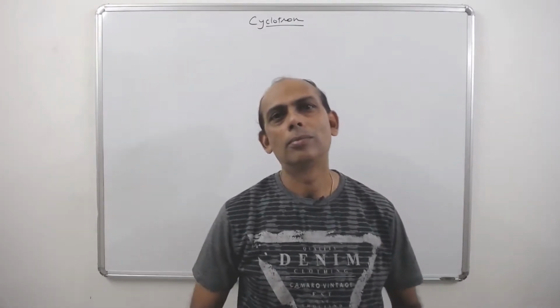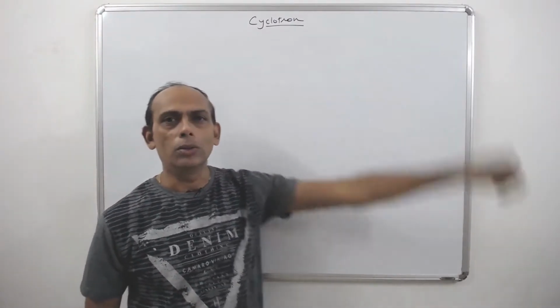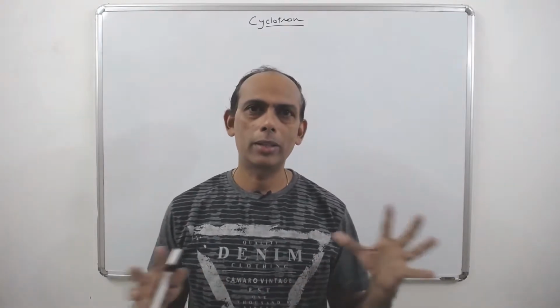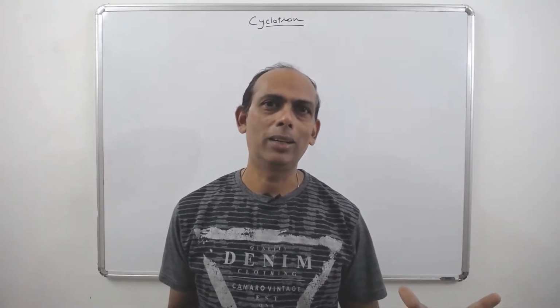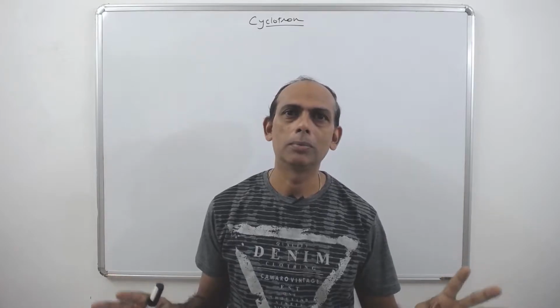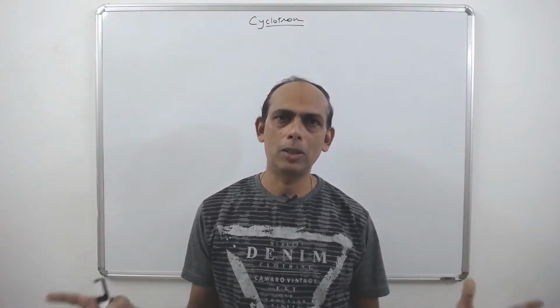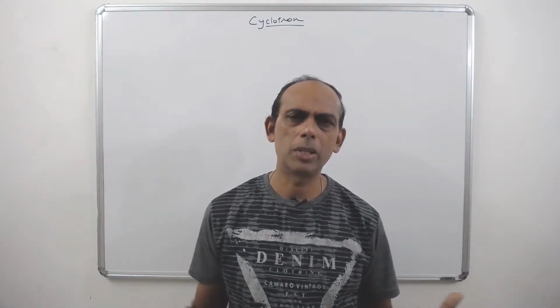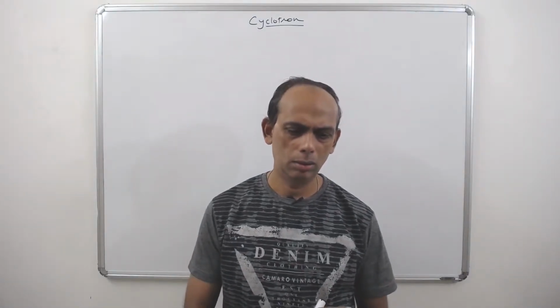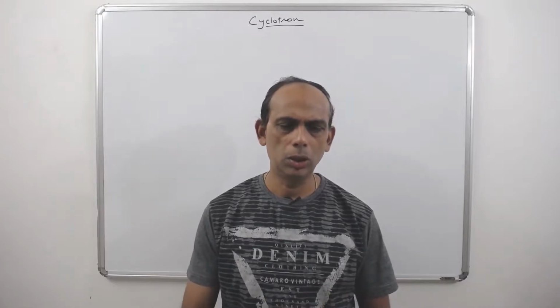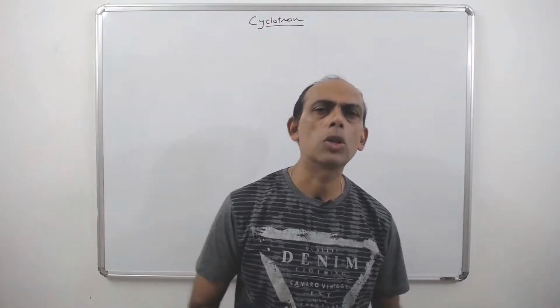Students, we are learning the cyclotron, the most interesting part of the lesson, Moving Charges and Magnetism, the fourth chapter in the book. We will try to cover almost the maximum possible aspects of this topic: working principle, construction, limitations, uses, almost all aspects.